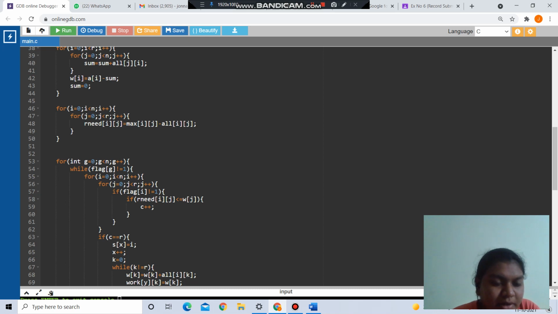Then here for g equals 0, g less than n, and g increment, inside this I'm using a while loop. In this while loop, the flag of g not equal to 1, and in this for loop i equals 0, i less than n, i increment, and j equals 0, j less than r, and j increment. Here if the flag of i is not equal to 1,